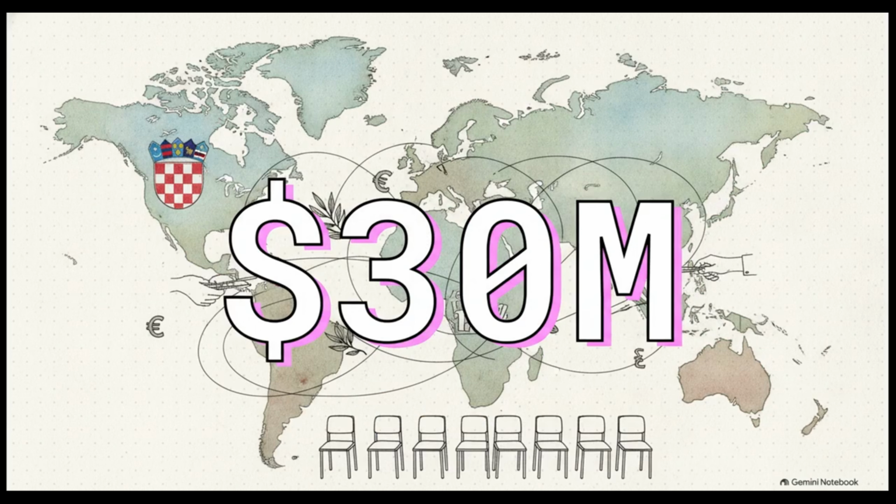Or take a look at this staggering figure, $30 million. Croatia's diaspora managed to raise roughly $30 million to fund its fight for independence. They were literally so pivotal to the creation of the country that the diaspora was later rewarded with 12 reserved seats in Croatia's 120-seat parliament. No way, right? It just goes to show how diasporas actively shape hardcore politics, not just food and culture.